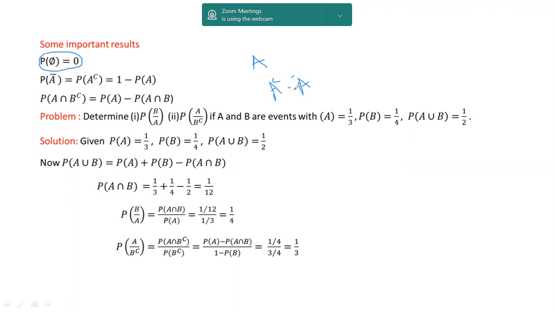We know that the probability of success, that is the probability of occurrence, is probability of A, and the probability of non-occurrence, that is the probability of failure, which is probability of A complement, adds up with it to 1. Based on this principle, probability of A complement is equal to 1 minus probability of A. And here is another law: probability of A intersection B complement is equal to probability of A minus probability of A intersection B.